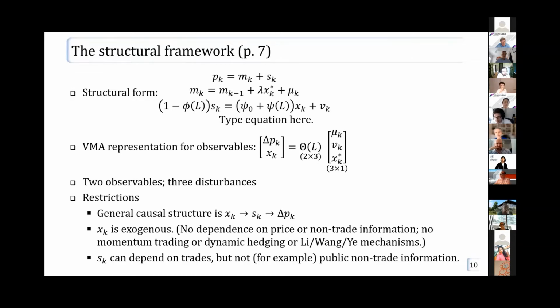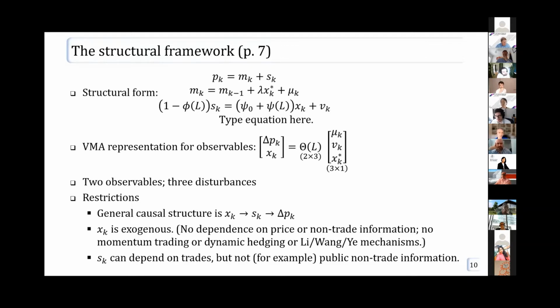The first statement here is simply the random walk decomposition. The second is the evolution of the efficient price. And XK here is the innovation in the incoming order flow. And then that third expression is an ARMA model for the pricing error. Now, if we want to look at the correspondence between that and the VMA for our observables, immediately we see that there's going to be